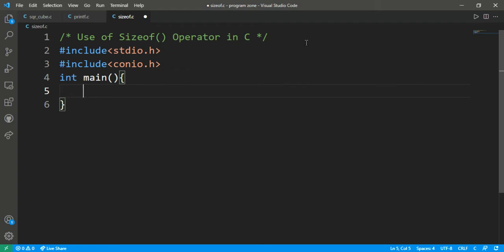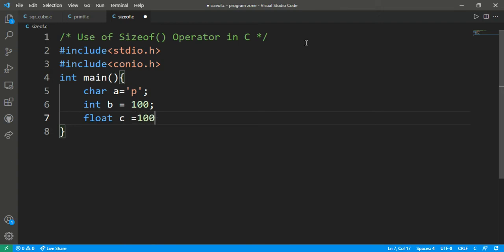So I'm going to declare different types of data. The first is character type of data, which is char a. Within a char, I'm going to store the character p, and after that the next is int type of data. So int b stores the value 100, and the float type of data is next, float c, it is going to store 100.0f.